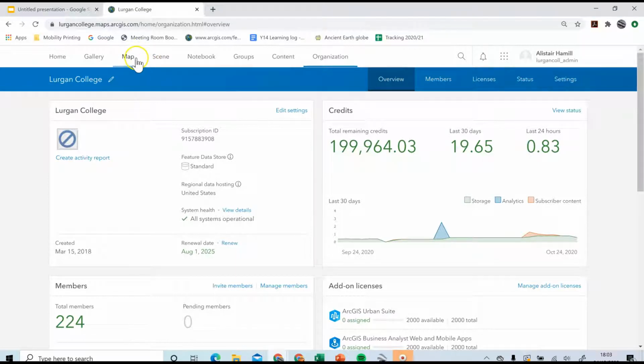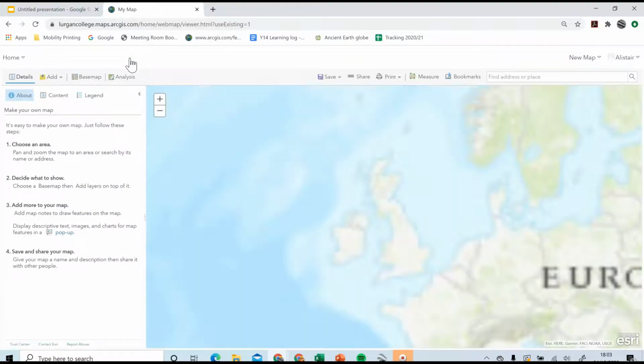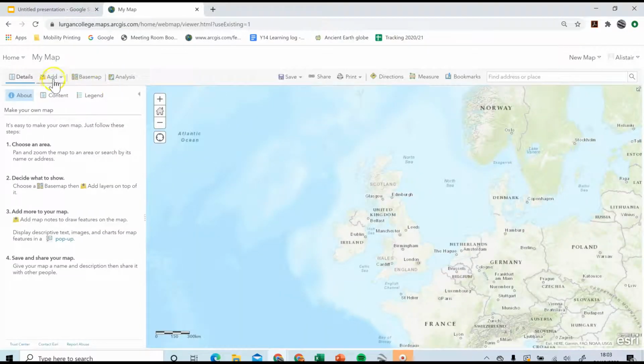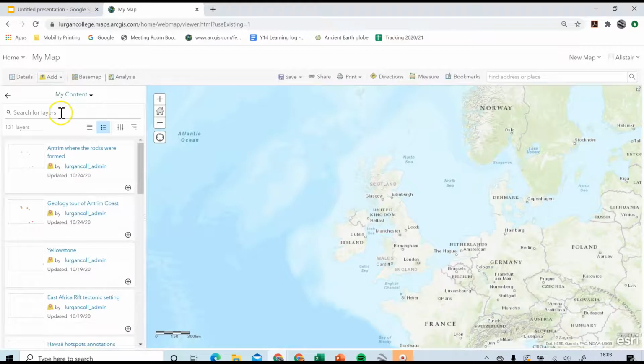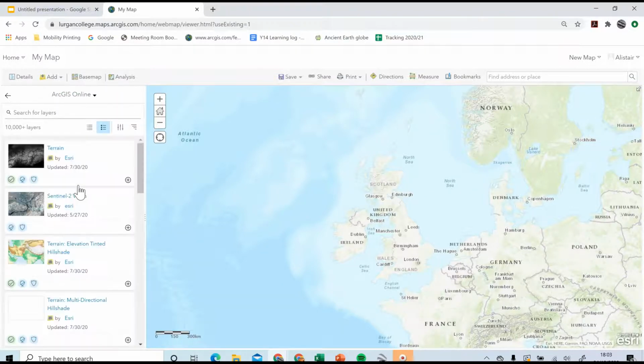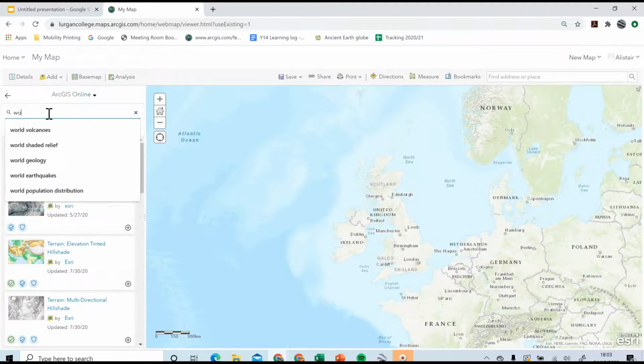So once you've logged in, you will go to your map, which will open up and create a new map for you. And then we're going to add a couple of layers, a couple of pieces of content there. So you go to Add and search for layers. The first thing I'll need to do is change where it's searching to ArcGIS Online. This is where anybody across the world who has set up a map and has shared it, this is where it will be found. So we're going to look for world